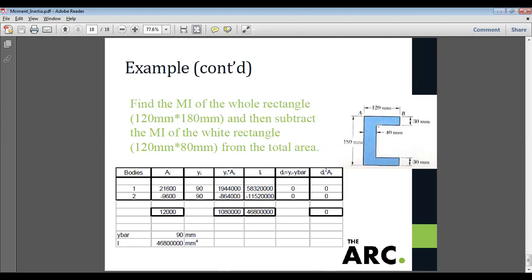Either we can bifurcate this whole problem into three different parts: two legs are added and one column is added. So we find the centroid and then the moment of inertia of the first leg, then the second leg, and then the column. Or else there is another way of finding it.